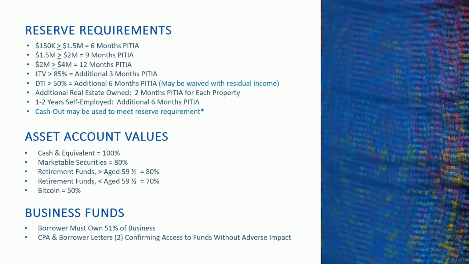All right. Additional real estate owned, 2 months payment for each additional property. We do have an alternative calculation method just to keep in your back pocket. If your borrower has 100 properties, we're not expecting 100 tax certs and insurance forms. There's a percentage that we could actually use based on the total value of those. And then 1 to 2 years self-employed is an additional 6 months. So obviously we do go down to 1 year self-employment if that is the case. Now these do layer on top of each other. So for example,